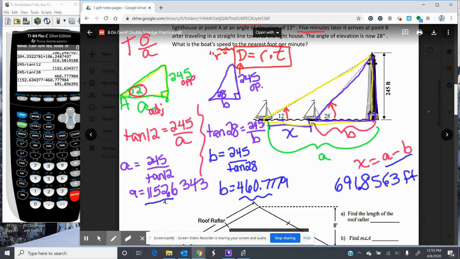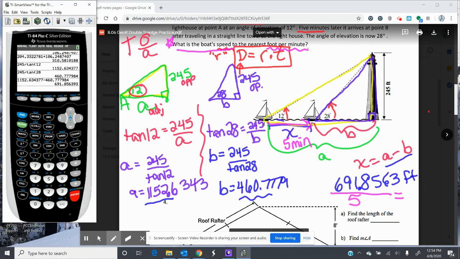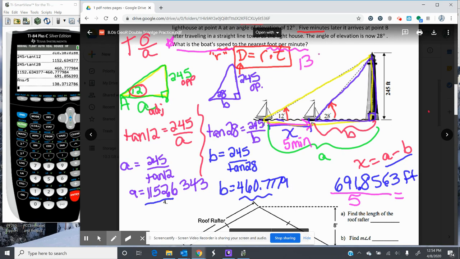So that's how far it traveled, but that's not what the question asked us. So let's go back up here. What they asked us was, what's the boat's speed to the nearest foot per minute? So if it traveled 690 feet from here to here and it took 5 minutes of time to get there, we're going to take our feet and divide by 5 minutes to find out how many feet per minute it traveled. So taking our answer and simply dividing by 5, we're going to get the boat went 138 feet